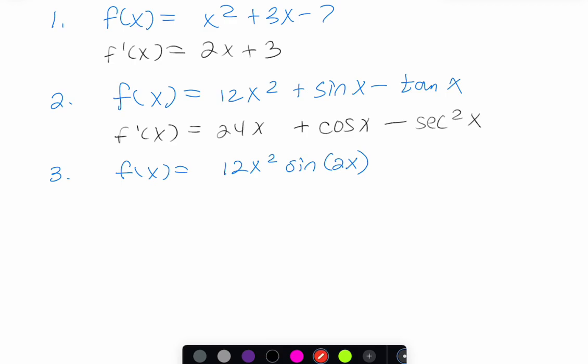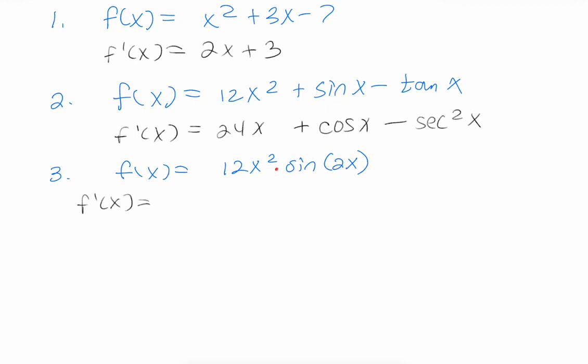So make sure to put yourself a nice little dot between everything so that you remember when you do the product rule, so you can clearly see what your first and second pieces are. Once you do the product rule, I don't need you to go further for simplification. When we get into chapter 4, we are going to have to simplify more than we are doing in chapter 3, but for this purpose,